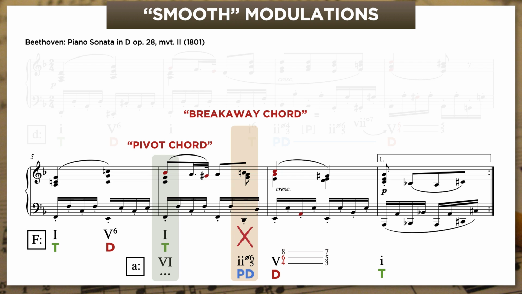It's also a signal, if we're listening carefully, that F might be losing its grip on the music. And as it turns out, it's a chord that we need to understand in terms of what comes after, not what comes before. So let's listen to that second phrase one more time, all the way through, keeping an ear out for the smoothness of the modulation and asking ourselves whether we can hear that F major pivot chord having a kind of double meaning.